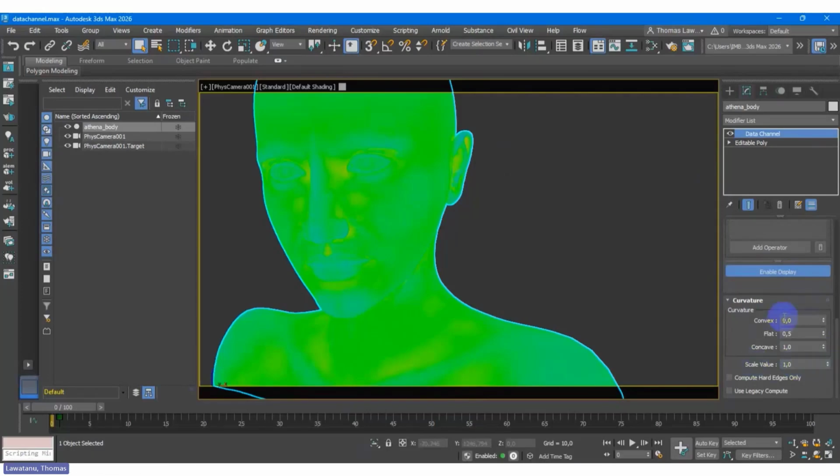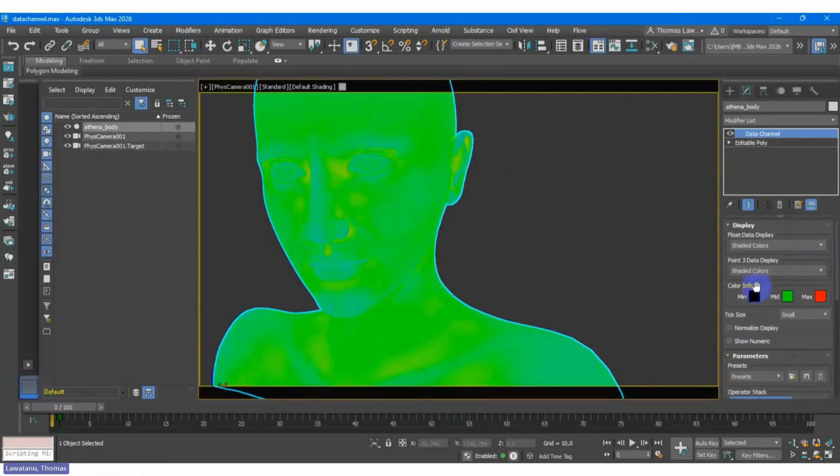Okay, so I'm using this curvature. Again, the curvature depends on the color info, which means this is the middle color, which means the whole object is more greenish. That's why we need to define it. Why do we need to define? Because after this, it will give some information to 3ds Max: this is the area I want to allocate. That's why this is clearer, information to connect later with the shading.